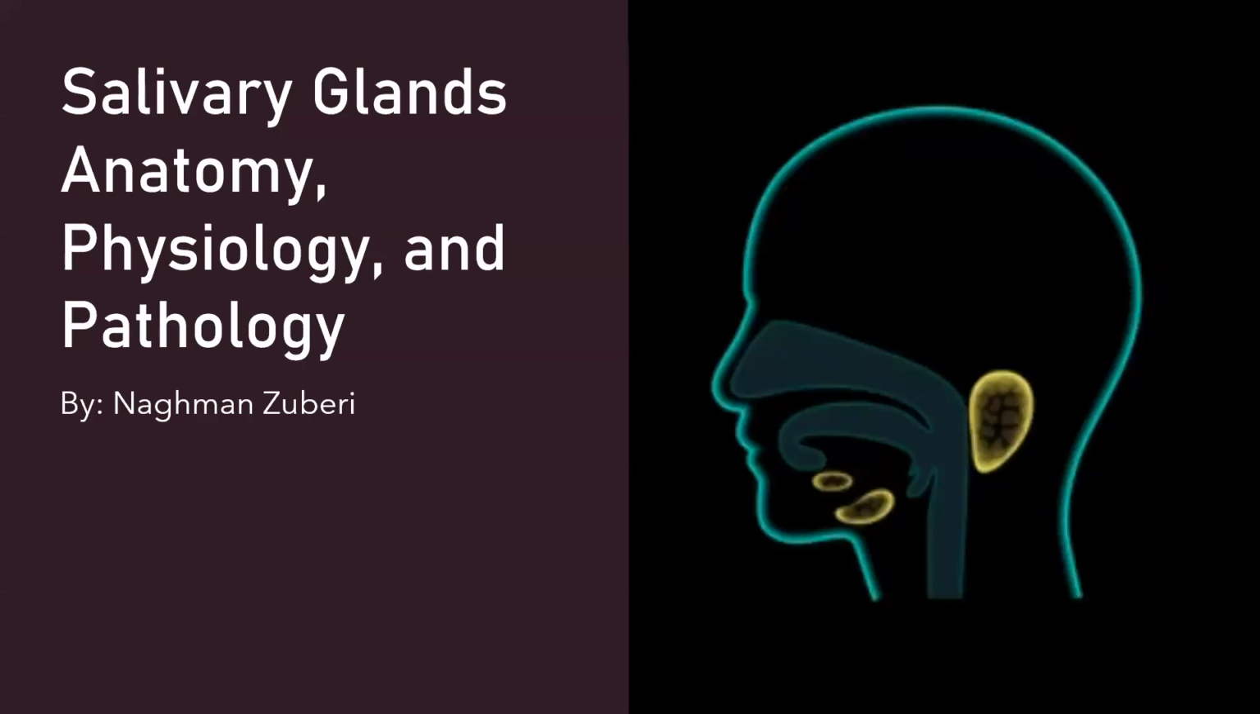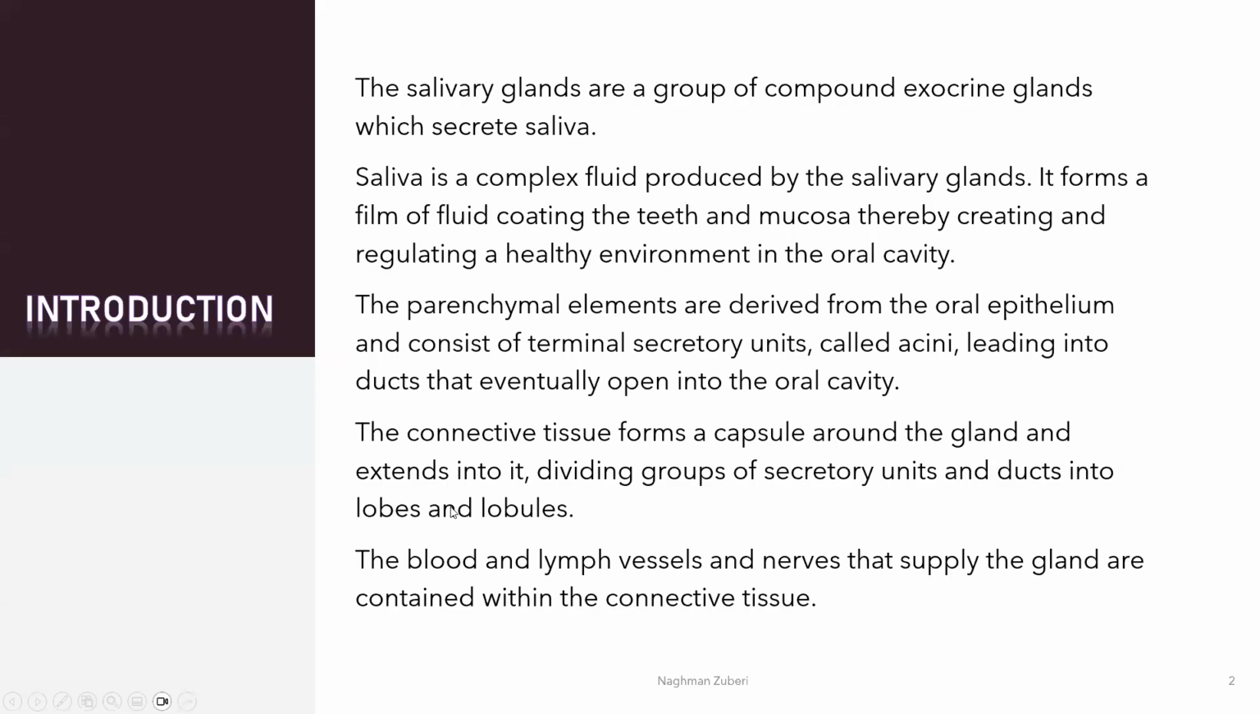Okay, guys, in this lecture, we will be discussing the salivary glands, their anatomy, physiology, as well as their pathology. Salivary glands are a group of compound exocrine glands, and they secrete saliva. Saliva is a complex fluid produced by the salivary glands. It forms a film of fluid coating the teeth and mucosa, thereby creating and regulating a healthy environment in the